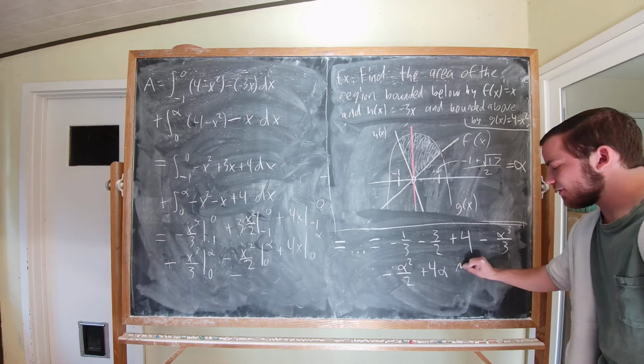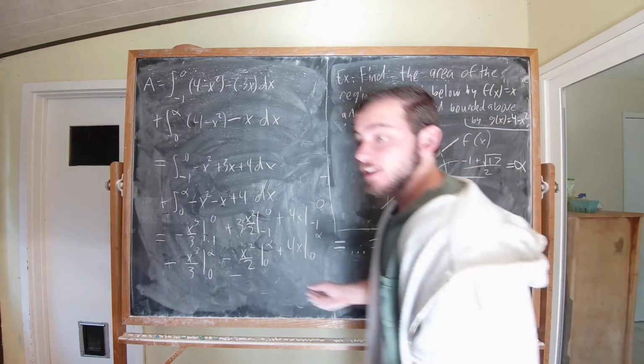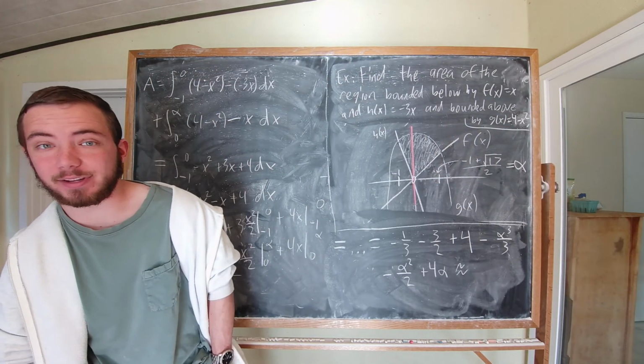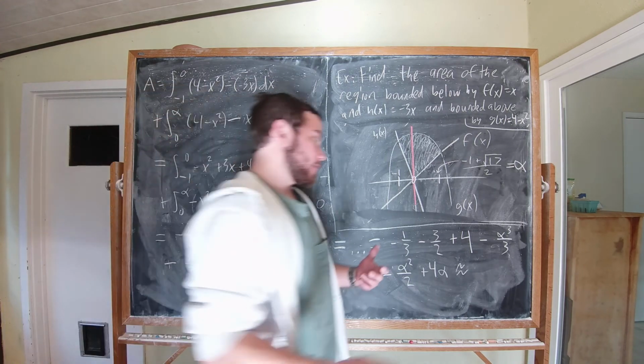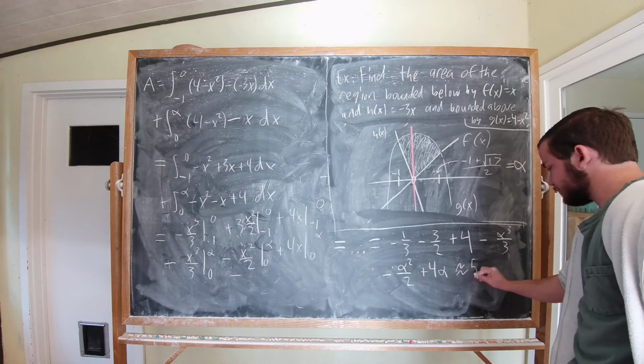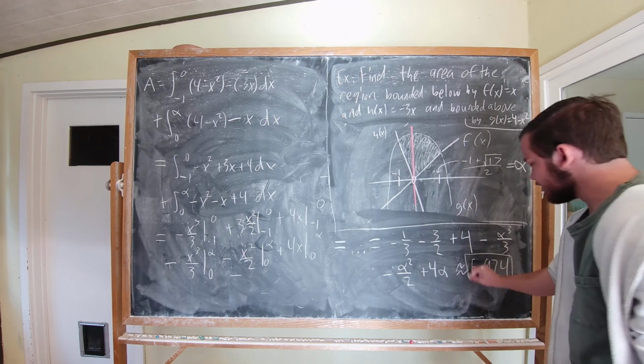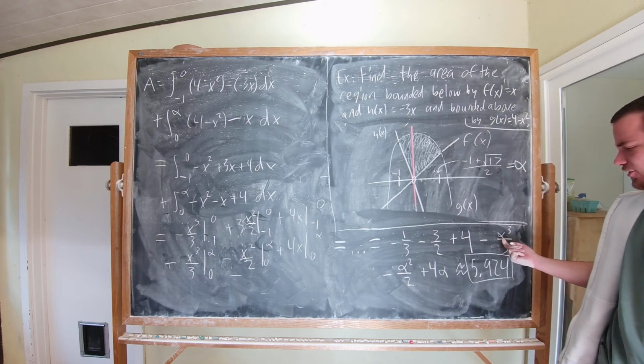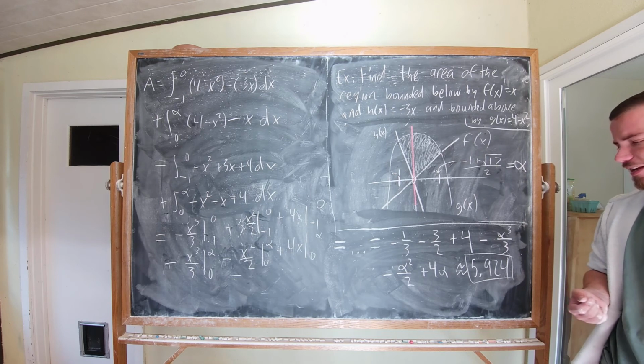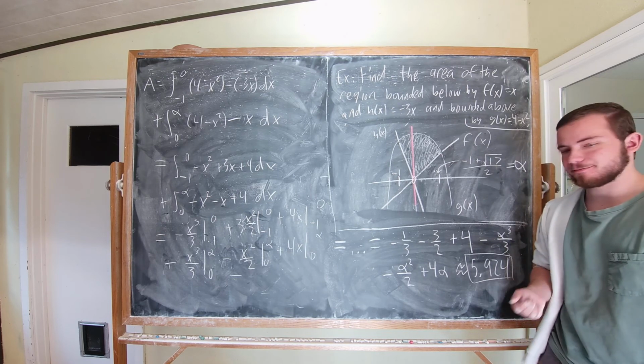Well, if you plugged all of that into a calculator, you'd get roughly 5.924. Again, I'm sorry that the alpha didn't turn out quite as nicely as I would have wanted it to, but